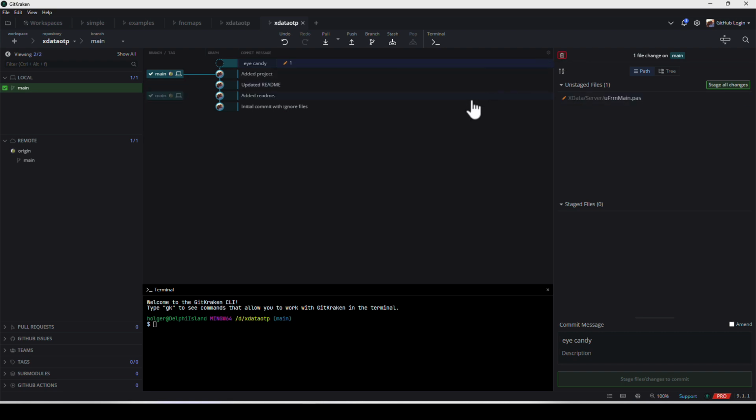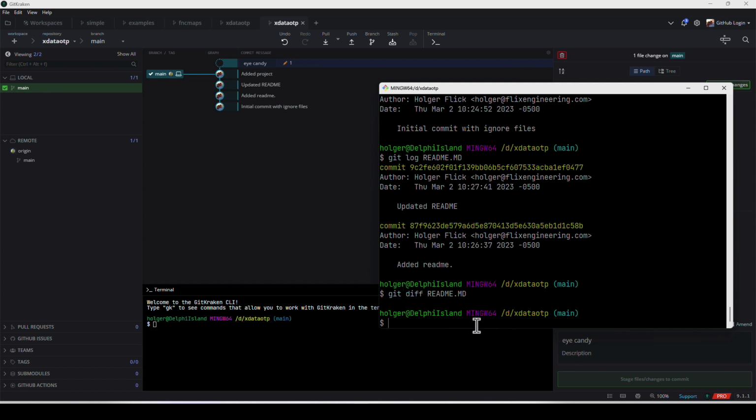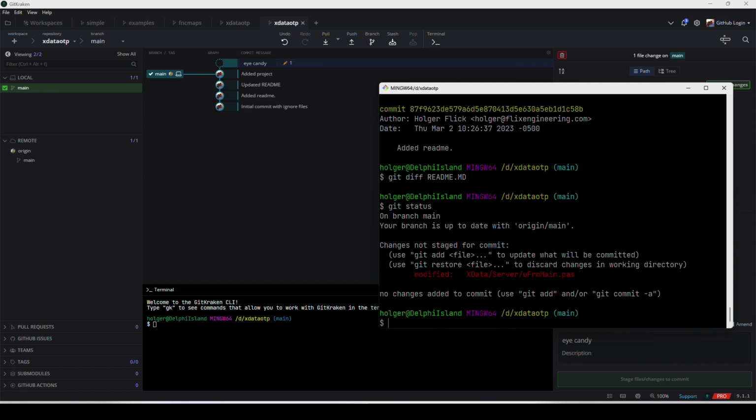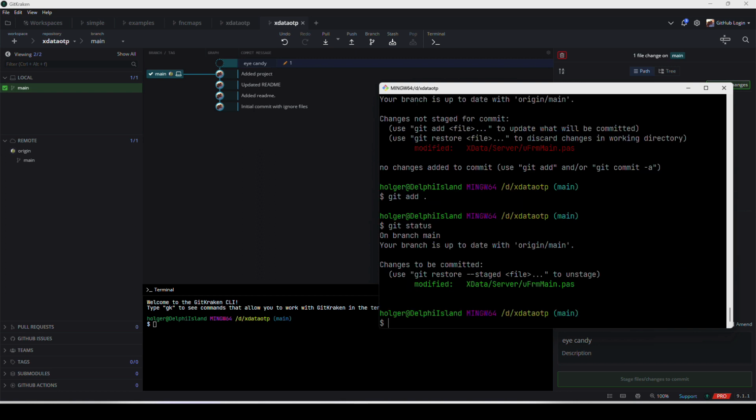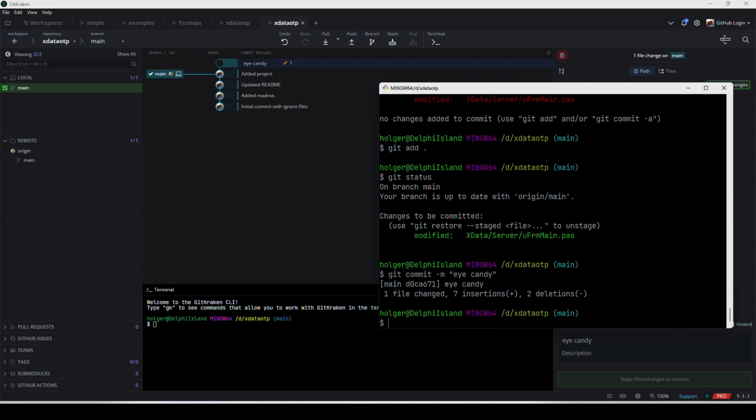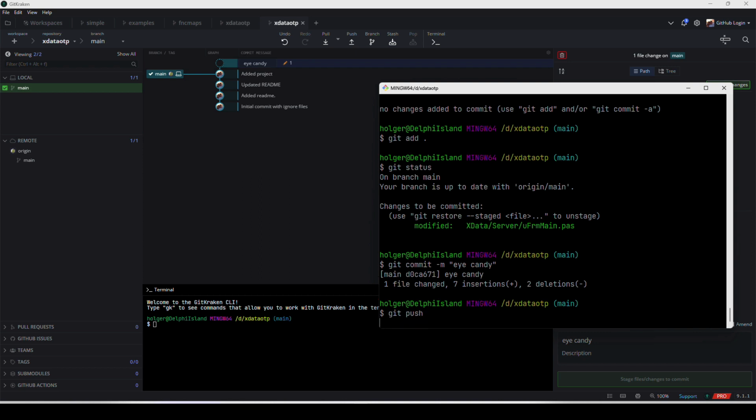Okay, so on the command line, I haven't stashed anything. On the command line, I could once again, in my directory, say git status. I would get this as modified, and then you could do git add dot, which would then once again only add this one file, because see, modified this one, and then you can say git commit message iCandy, and then I think at this stage it suffices to say git push,